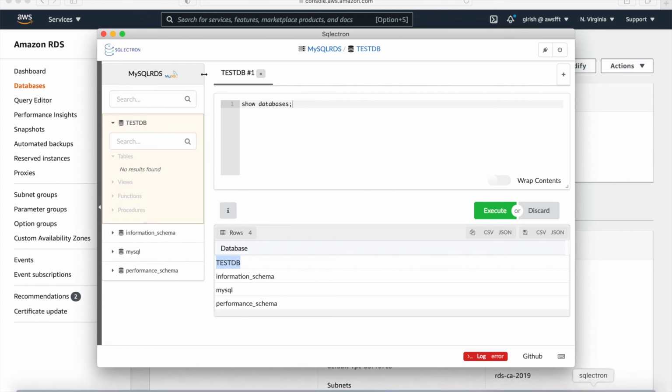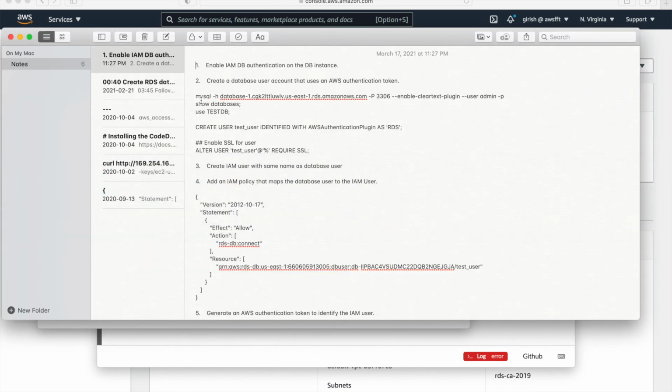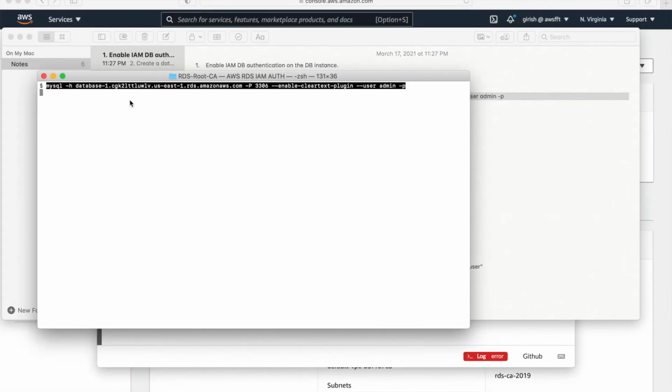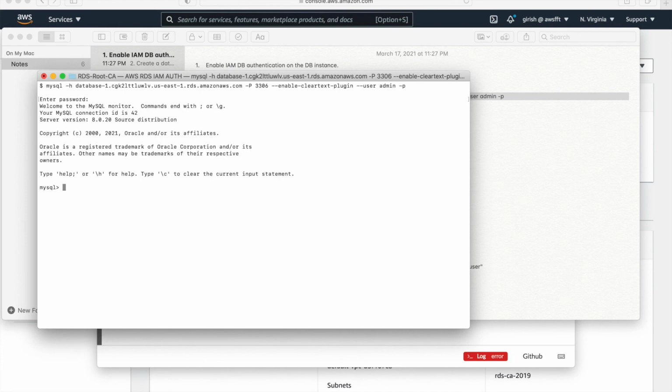So this is how this tool is used, but as I said, I'll do it on the command line. So let's go to the command line and run the commands which I have shown you in Notepad first. This is how you will make a connection using the command line. You can see almost the same information. It doesn't change the information we key in, just a little bit of syntax you need to take care of. Connect to the database, give the password for the admin account, and you are connected to the MySQL instance.